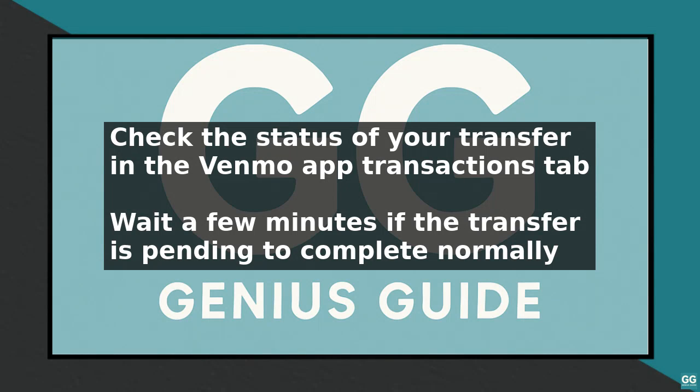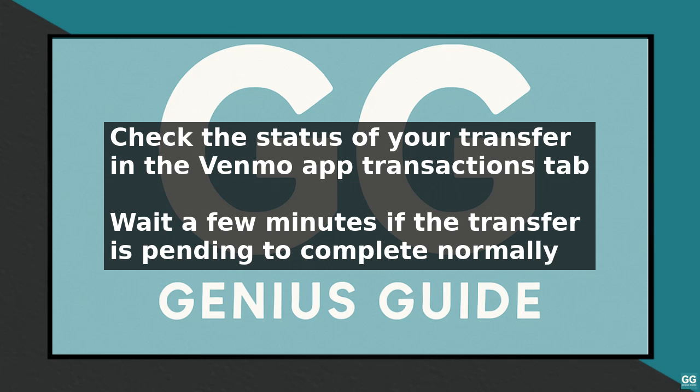To fix a Venmo transfer, start by checking the status of your transfer in the Venmo app. Open the app, go to the Transactions tab, and look for the transfer in question. If the transfer is pending, it may take a few minutes to complete, so wait a bit before taking further